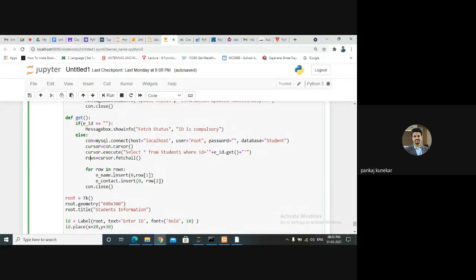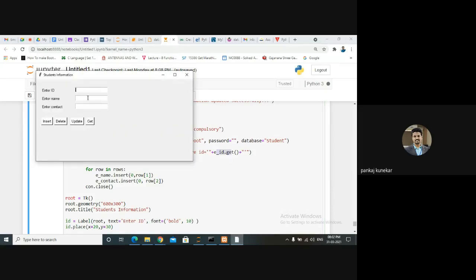Suppose here there are two rows, row of one and row of two. I want to insert the data which we have received into your e underscore name and e underscore contact. All the details of name and contact will be retrieved based on your respective ID and displayed in your name and contact text boxes.